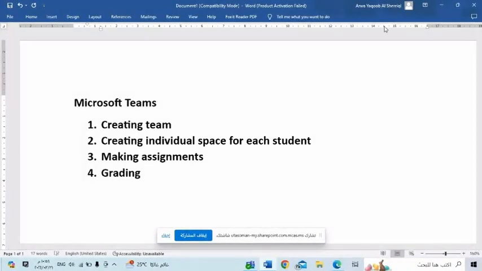Okay, hello everyone. So today I'm going to explain to you how we can use Microsoft Teams. We are going to start with creating a team or a group for your students, and then how we can create an individual space for each one of the students. We can use it for the portfolios, and then we are moving to making assignments, and the last one is grading. So this is my page